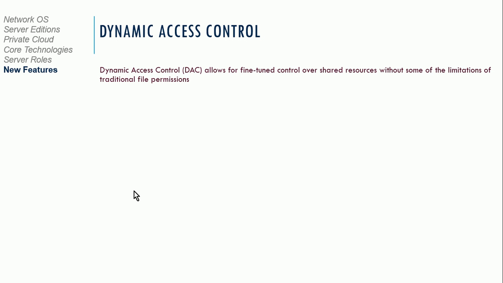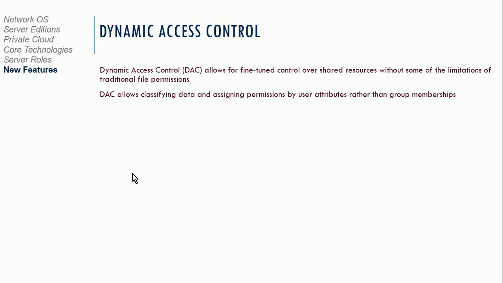Dynamic access control allows for fine-tuning control over shared resources without the limitations of traditional file permissions. So this is sort of file permissions outside the scope of NTFS. DAC, by the way, is a term you'll commonly hear as far as access control. Usually it stands for discretionary access control, but here we're talking about dynamic access control, which is a feature in Microsoft Windows. It's not discretionary access control. In fact,